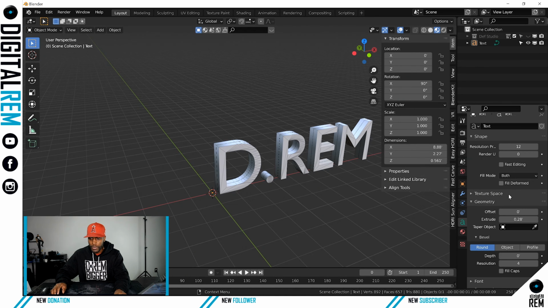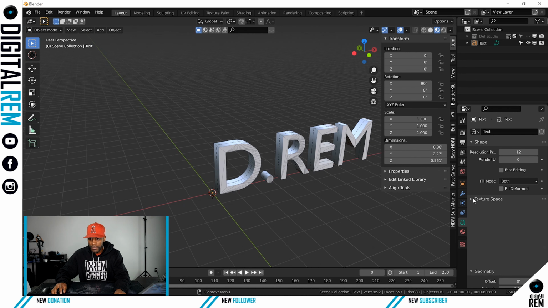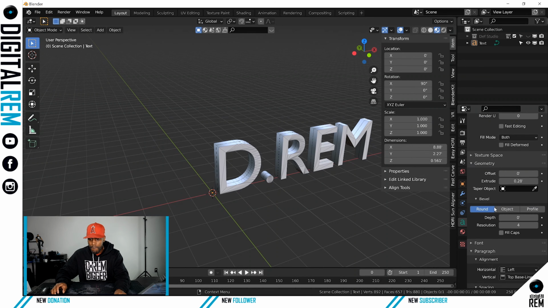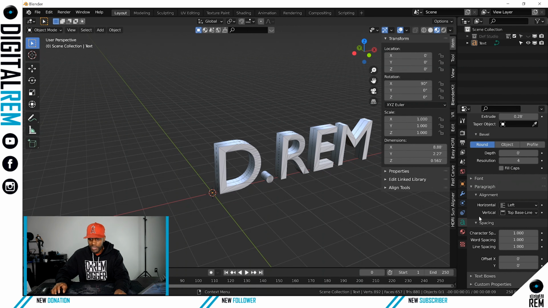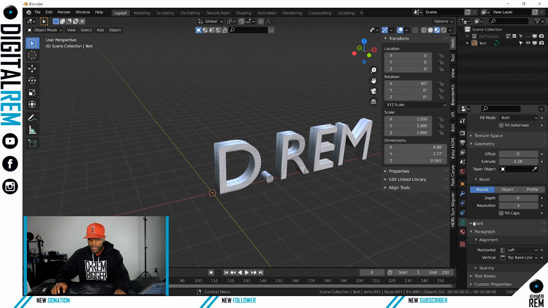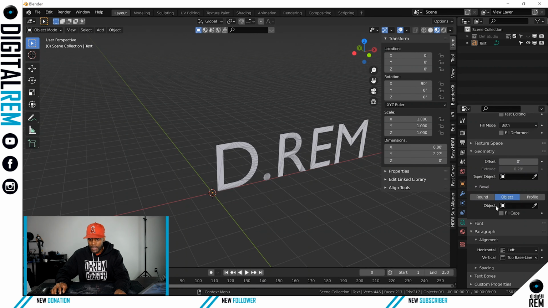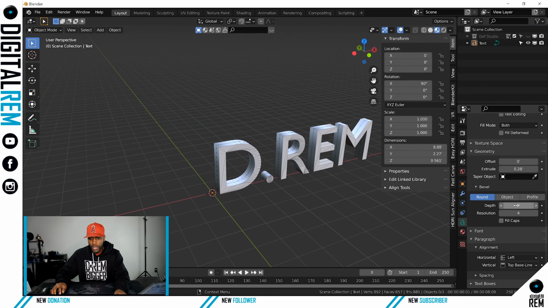Let me find the bevel real quick. Boom, font, paragraph, spacing, object, bevel. So under geometry, you'll see bevel, and it has round, where you can do a round,